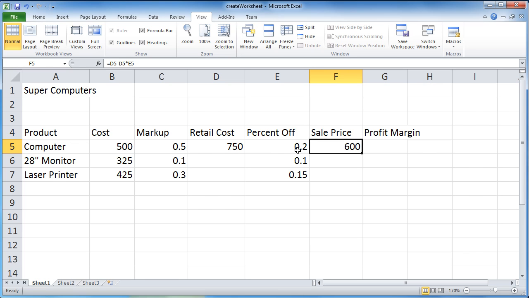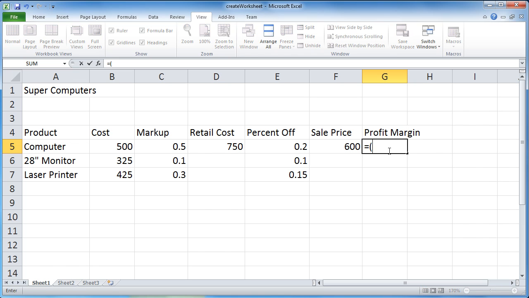Now to provide me with that profit margin, I'm going to do one more calculated field here. I'm going to take the sale price and subtract from the sale price the cost of the computer. And once I have that difference, I'm going to divide that by that sale price. And that should tell me what my profit margin is.